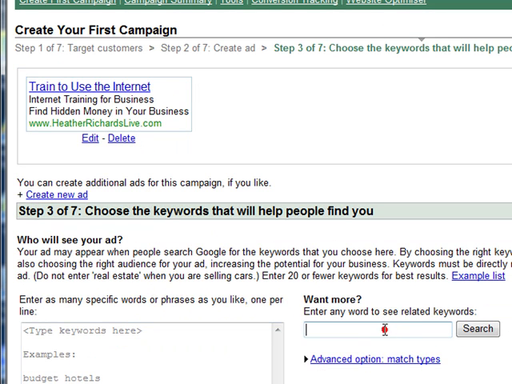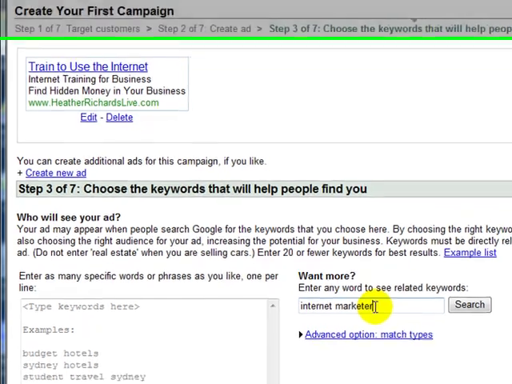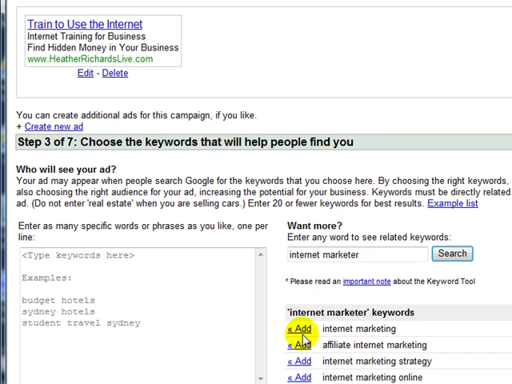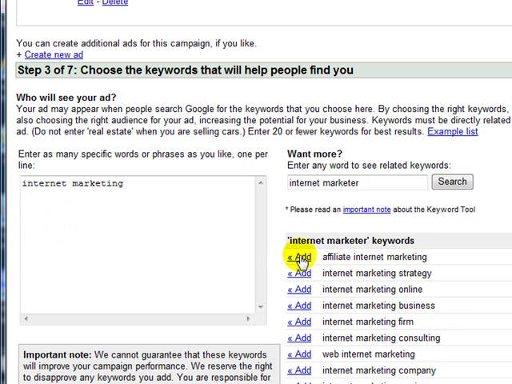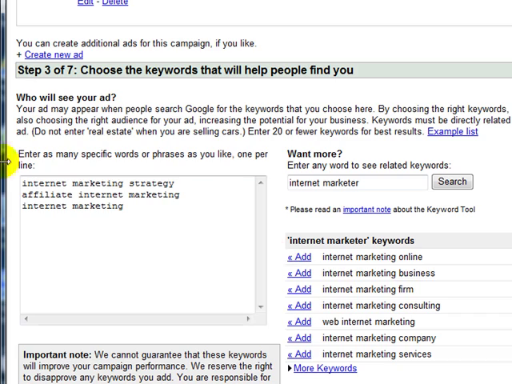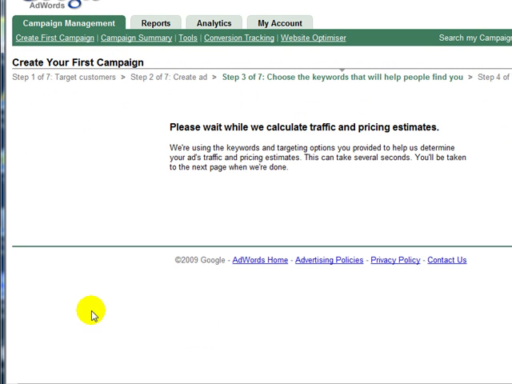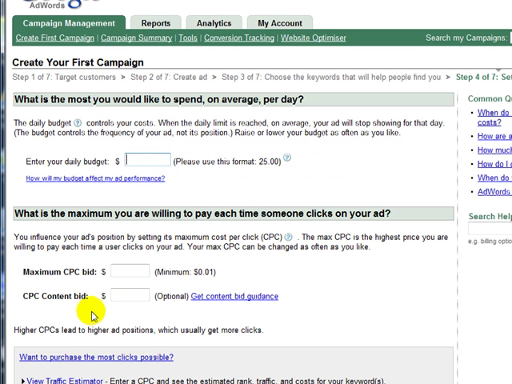So once you've done that advertisement, you continue on, and this is where on the left hand side here you would enter the keywords where you've done your keyword research in the past. Sometimes you might do what I'm doing over here on the right hand side and get Google maybe to suggest other keywords, but you should have already done your keyword research before you're setting up your advertising campaign. So once you've got a list of keywords here, just click on continue on, and it creates your first